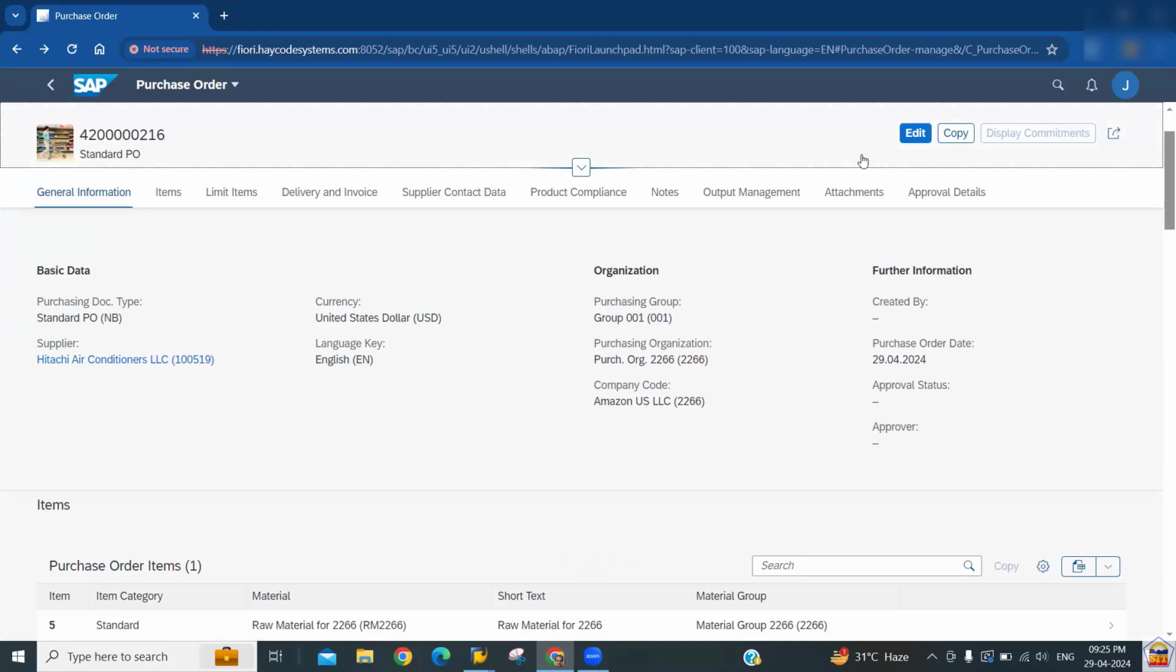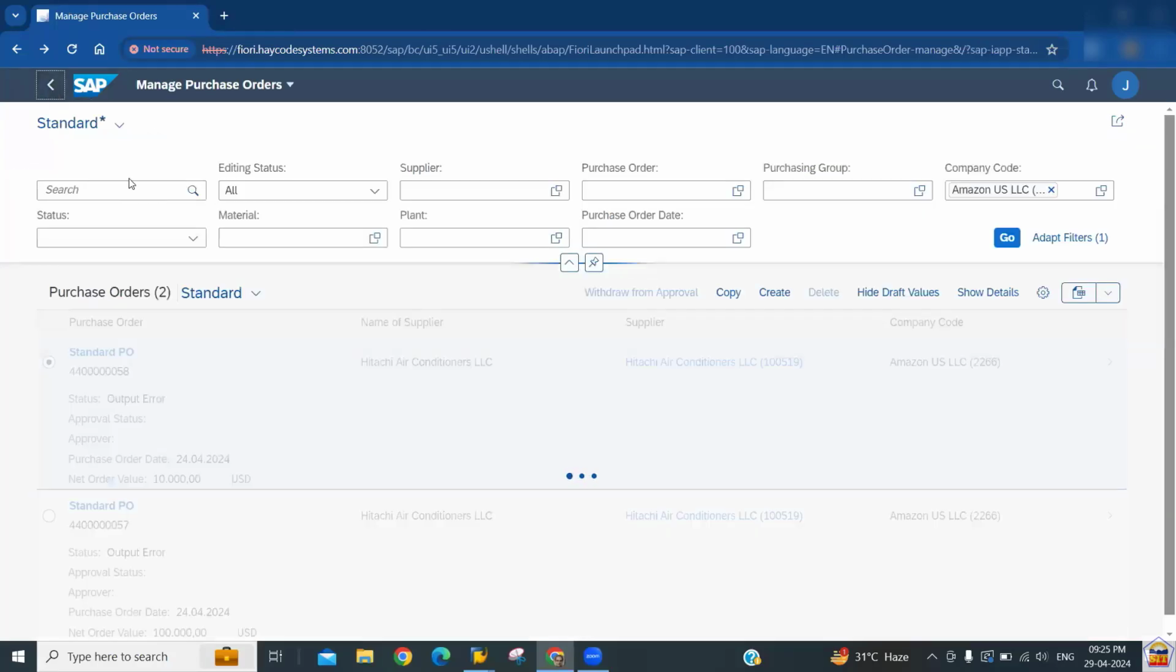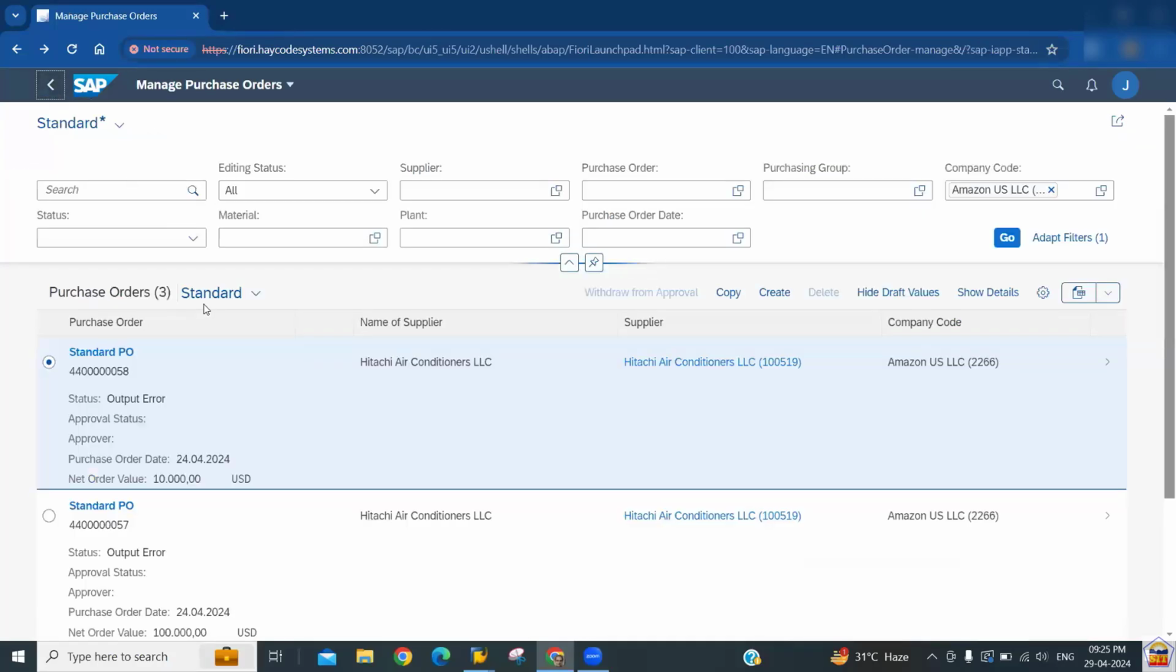Now further, if you want to edit it, or with reference to this you want to create another PO, you can click on the copy option also. But we want to do the goods receipt for this. And for the goods receipt, we can just click on the go option,